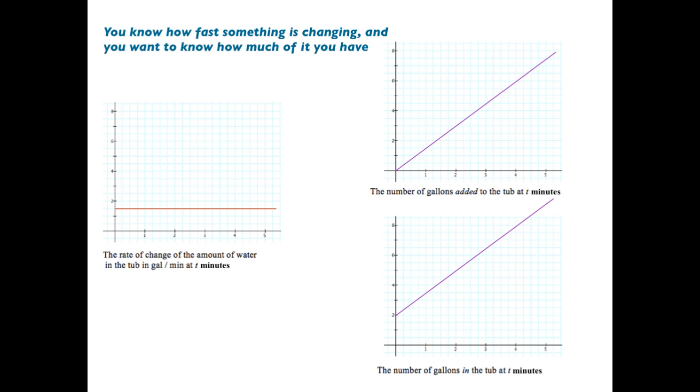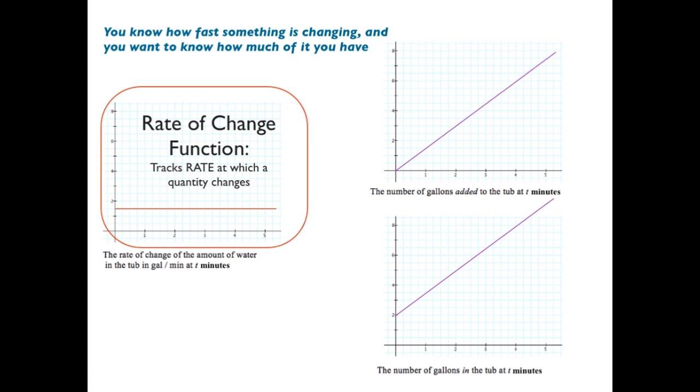Bottom right. Yeah, so technically it's bottom right, but really both of them are like twins, right? They're both about how much we have, right? All right, so this first one is our rate of change function. It tracks the rate at which a quantity changes. So it's a function, so given any time,